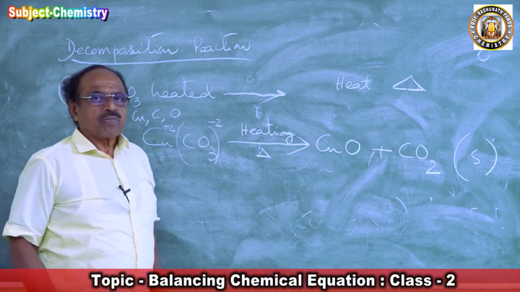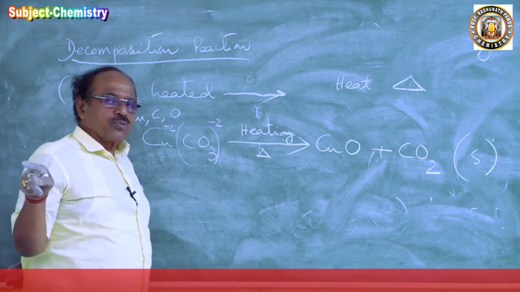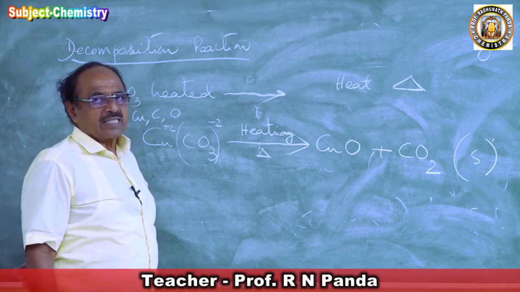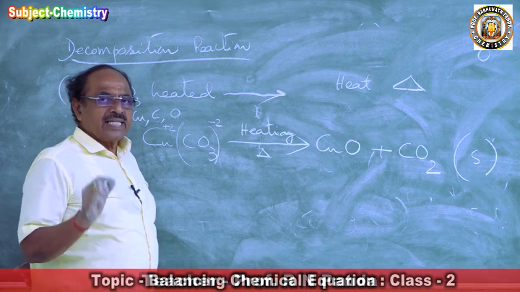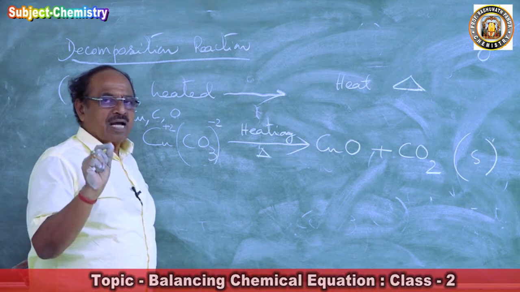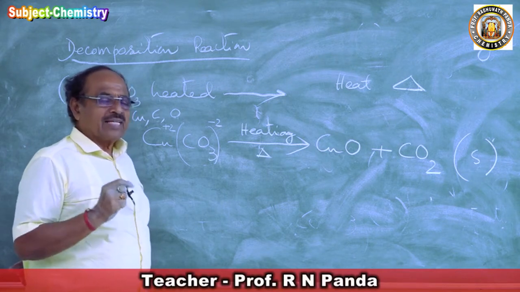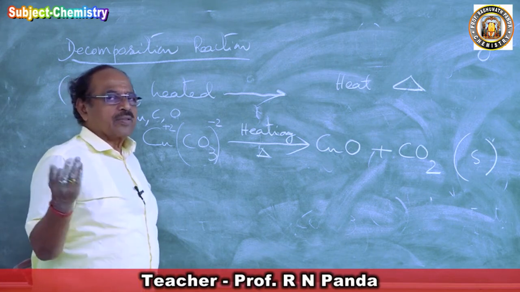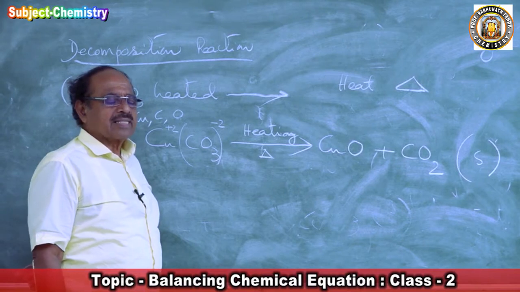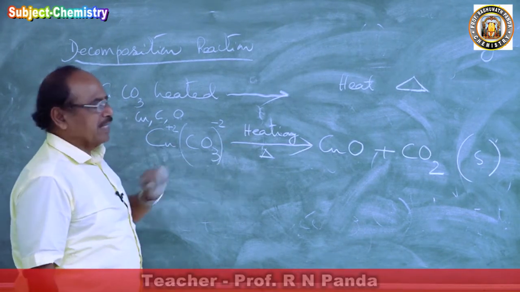So children, while writing chemical equations, whatever things I have taught you from my first class to this class, about 15-16 classes I have taken, the only reason I took those classes was to make you fit with some minimum knowledge of chemistry, so that you can use that knowledge to write chemical equations very nicely and balance them very nicely. So my reactant is copper carbonate. This is my skeleton equation.